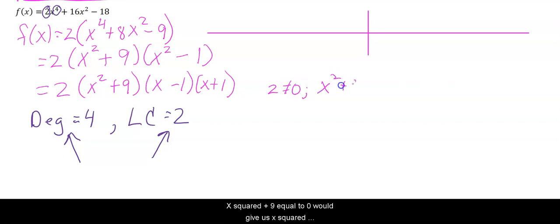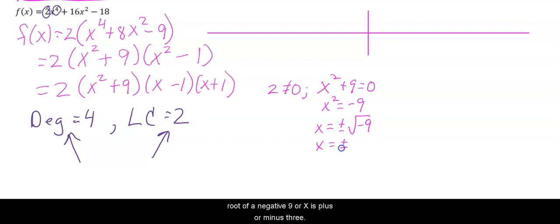X squared plus 9 equal to 0 would give us x squared equals negative 9, which means that x is plus or minus the square root of negative 9, or x is plus or minus 3i. Imaginary numbers do not show up on this number line because the number line is only real numbers. They are solutions to the problem, but they're not real solutions, meaning not real numbers, not that